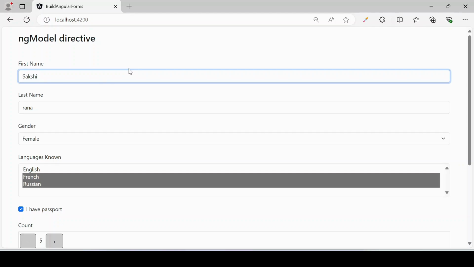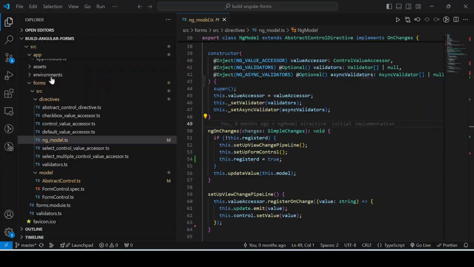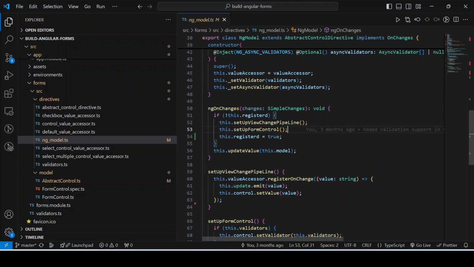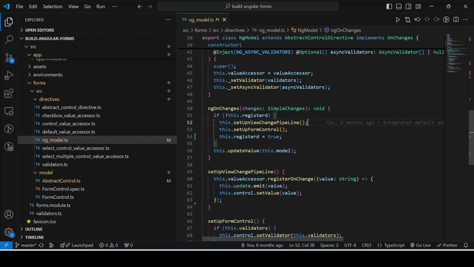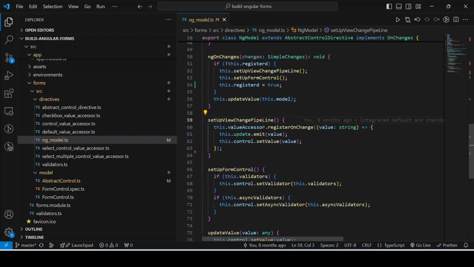And the next question is how ngModel gets to know if this input is blurred and we need to validate this input. For that I'll take you back to the concept of control value accessors. If you closely observe within this ngOnChanges callback, ngModel does some initial setup for the very first time, and that is setting up the form control and setting up a view change pipeline. In this view change pipeline, you can see we are registering for some change here on this value accessor. So what this value accessor is, this is our control value accessor